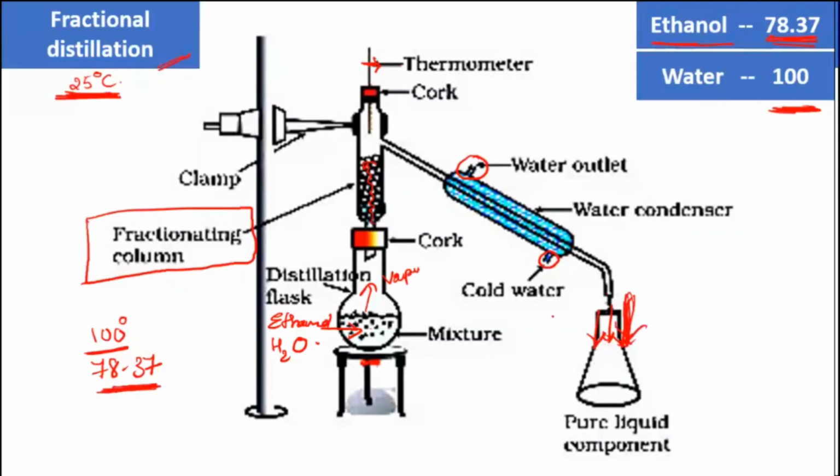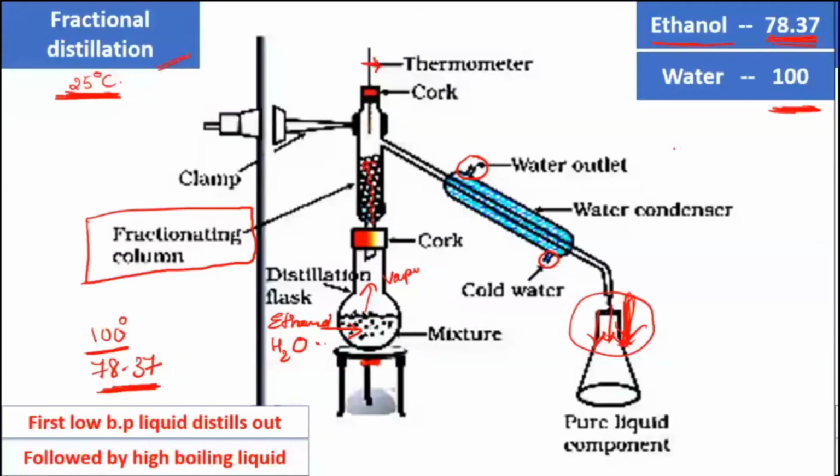And then after the liquid has come out, for a while you will see that the temperature again goes up. By then the first liquid has already come out, and the next liquid is remaining. That will be the water. After 100 degrees Celsius is reached, this water can be collected. So that's how fractional distillation is done: first the low boiling liquid will distill out, followed by the high boiling liquid.